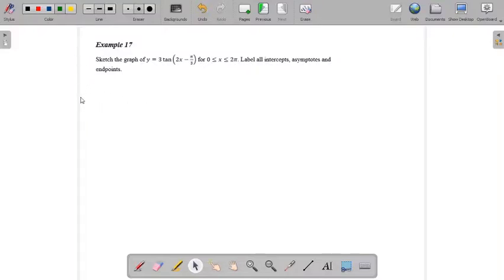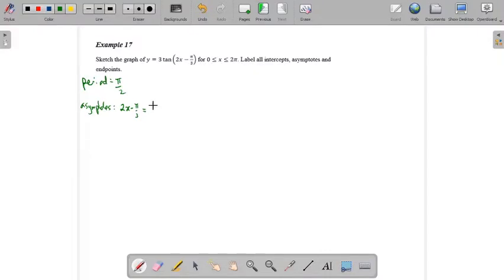So let's start with our period. That's going to be pi over our n value, which is 2. We're not reflected at all, okay, but we do have a horizontal translation, and so that's going to affect our asymptotes. So what we do is now we write 2x minus pi on 3 is equal to our normal asymptotes, which is going to be, now we're going from 0 to